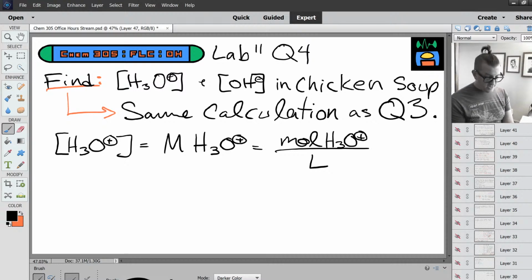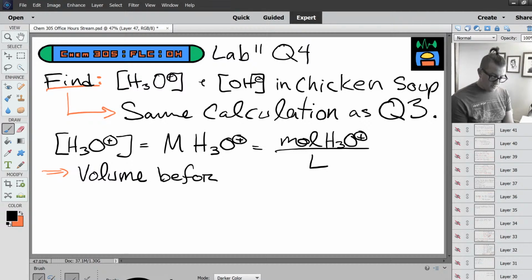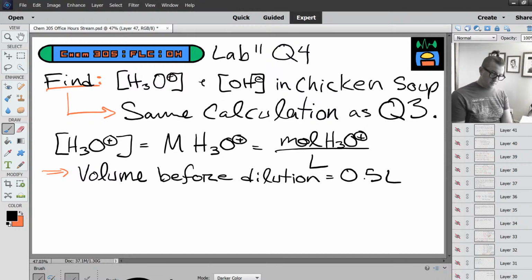So in this problem we know that the volume before the dilution is 0.5 liters, right? So take your concentration of hydronium before the dilution,